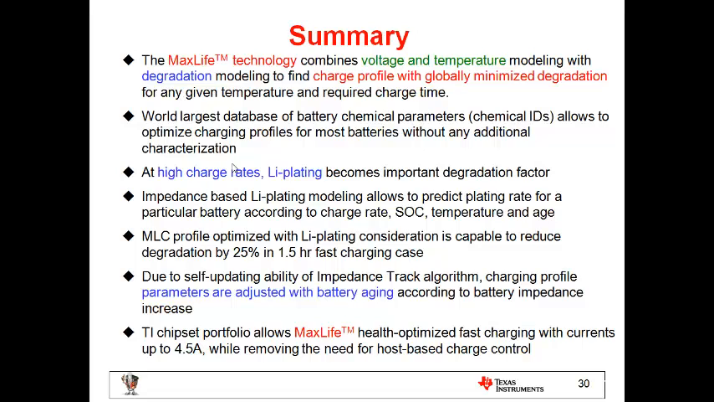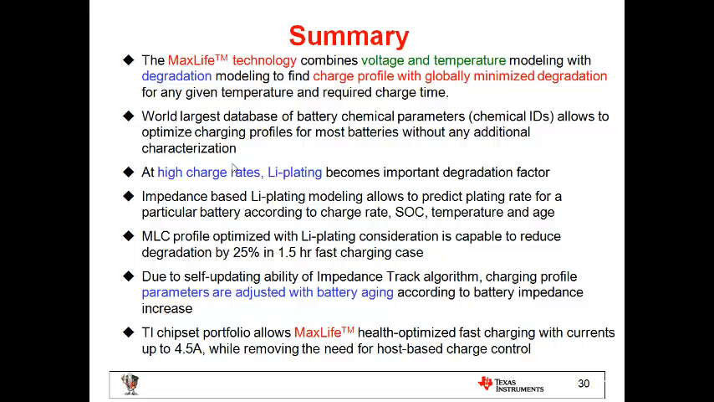So to conclude this presentation, we want to highlight some points to take away from today's presentation. Today's technology available from TI, MaxLife technology, combines voltage and temperature modeling with a degradation model that will find a charge profile that will globally minimize degradation for any given temperature and a required charge time. Also, we can make use of the largest database that's available today for battery chemical parameters, and TI has this with the longest